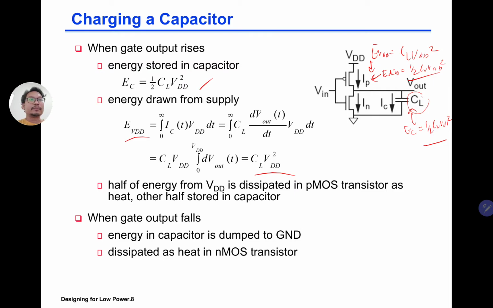When the gate output falls, which is going from high to low, the energy in the capacitor is dumped to ground. Whatever energy is stored here is going to be dumped all the way to ground, and then dissipated as heat in the NMOS transistor. One thing to think about is that the reason our device can get hot is because of the heat that is dissipated